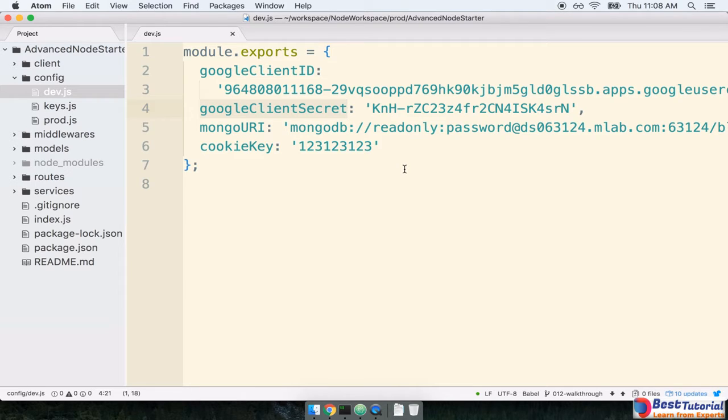So you probably don't want to use the ones I put in here. You probably want to use your own set of keys. In addition, you'll also notice the Mongo URI. So this is the read-only database that I set up for you just so you could start out the project